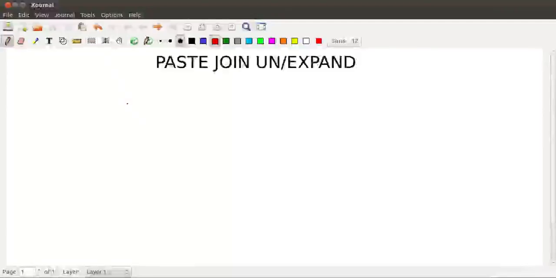Hello friends, in this video we are going to have a look at some of the text processing or manipulating tools which are available in Linux, and specifically we'll be talking about paste, join, expand and unexpand. And instead of explaining the functionality of these commands on this whiteboard, how about we just drop right into